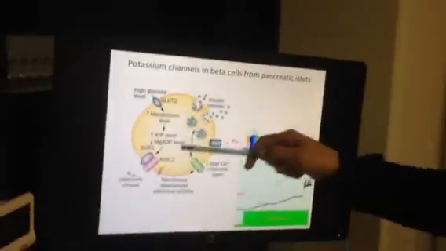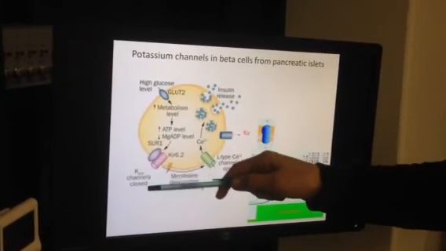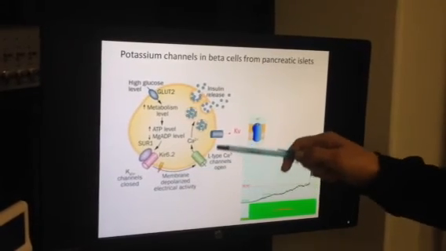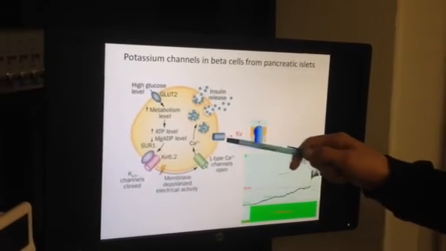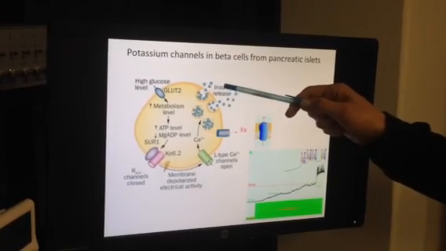And then another project that we're running in the lab is potassium channels in beta cells from pancreatic islets. So just to remind you first, when you have glucose entering inside of the cell, you have the increase of ATP concentration. ATP is going to close the voltage dependent, the ATP dependent potassium channels. Then we're going to have a depolarization, and it's going to open the voltage dependent calcium channels. The calcium is going to activate the insulin release, and then in